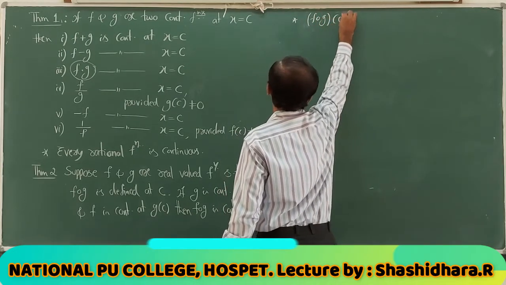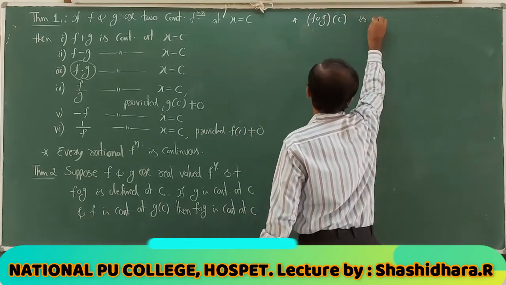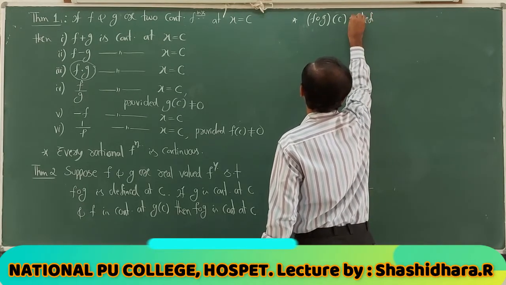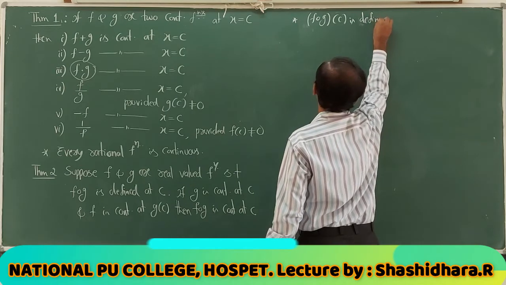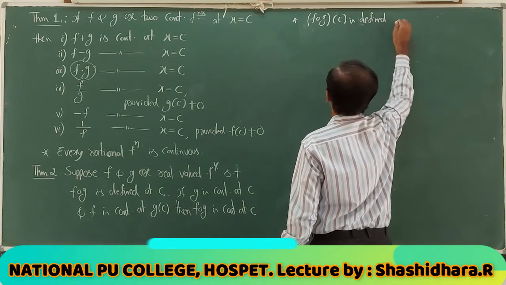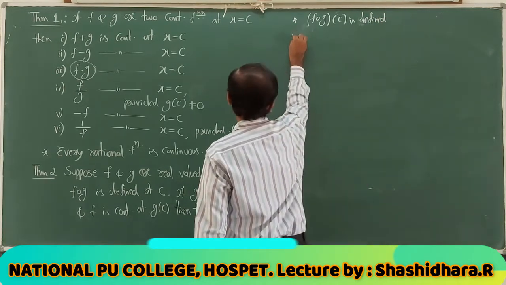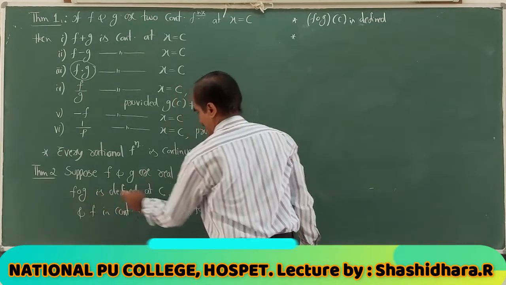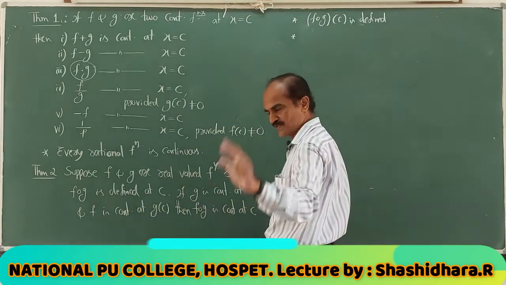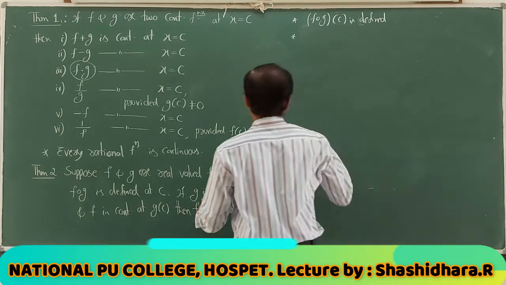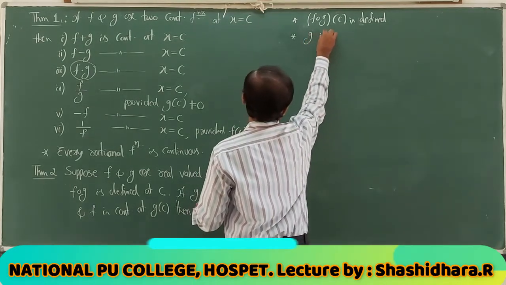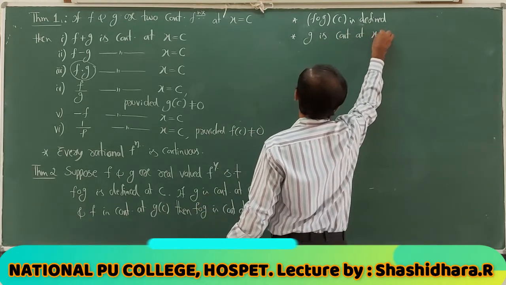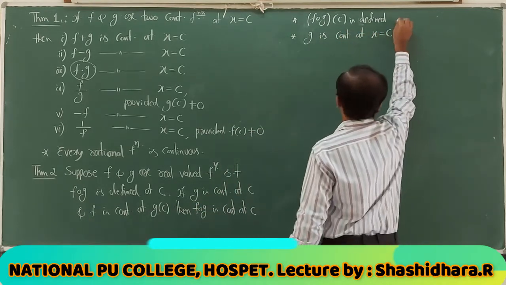f∘g of c exists, is defined. f∘g at c is defined means it must be a finite real number. If g is continuous at x equal to c,